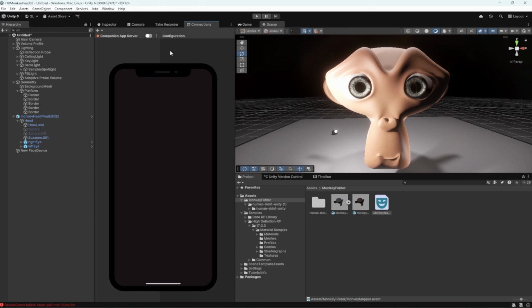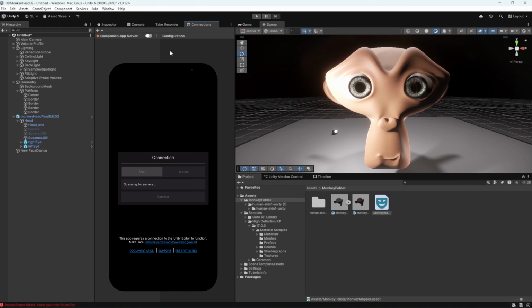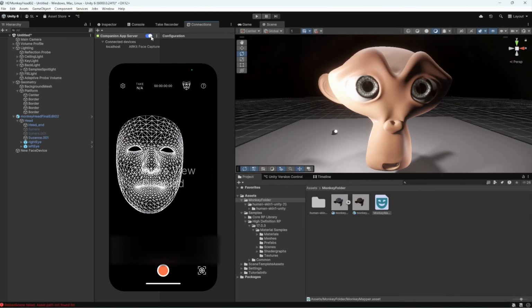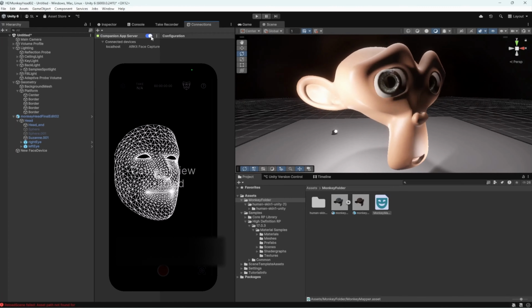So now go into your phone, download the app, and we'll start face capture. Turn on the connection, and then it should appear on your phone screen. And now you could see,